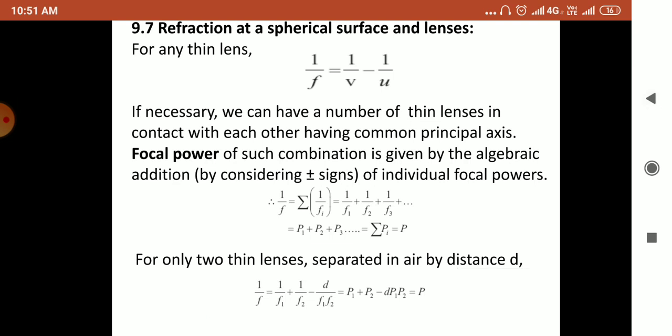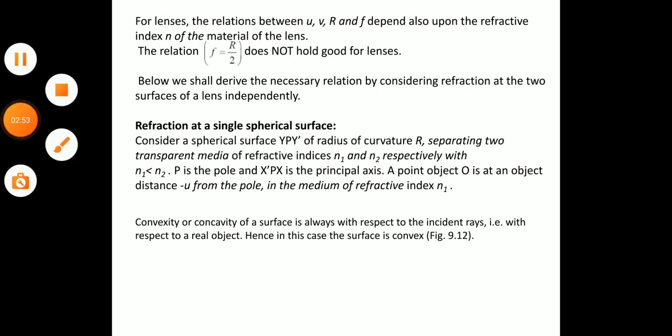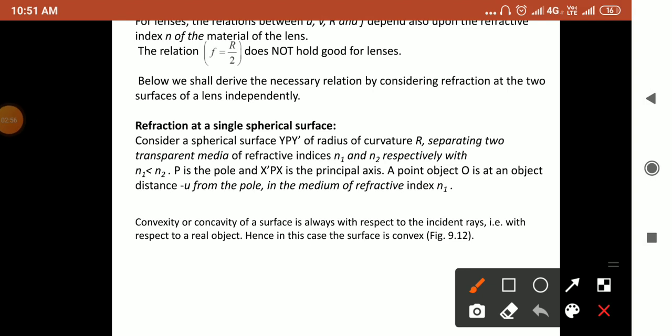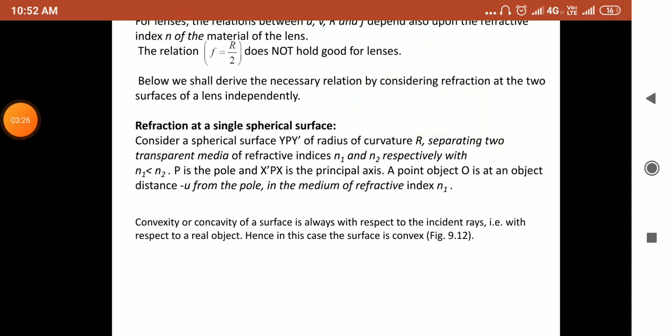Now we'll study the single refracting surface. For this single refracting surface, its factors like u, v, r, that is radius of curvature, and f, focal length, all depend on one thing, that is the refractive index of the medium. This single spherical surface,